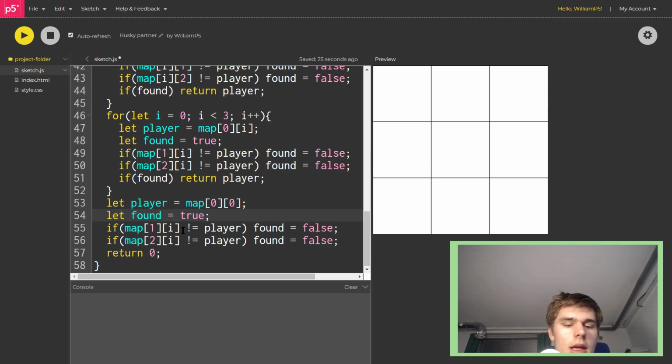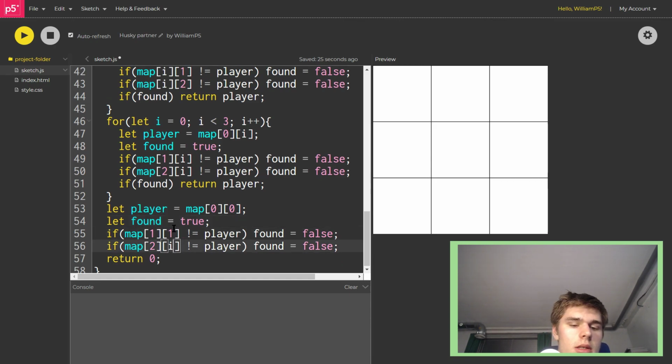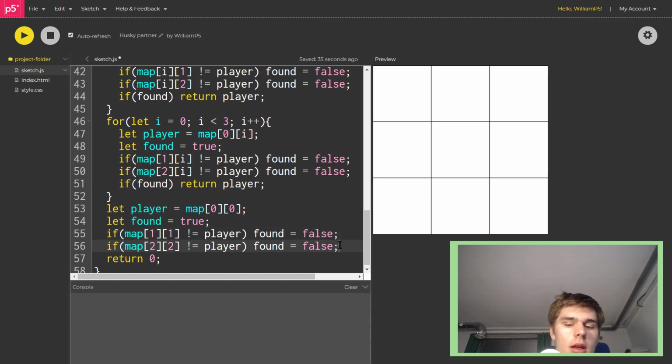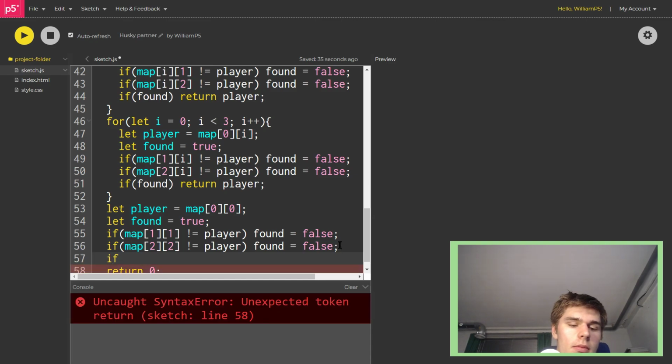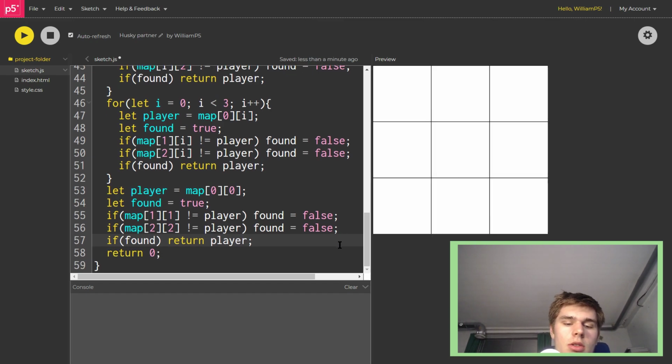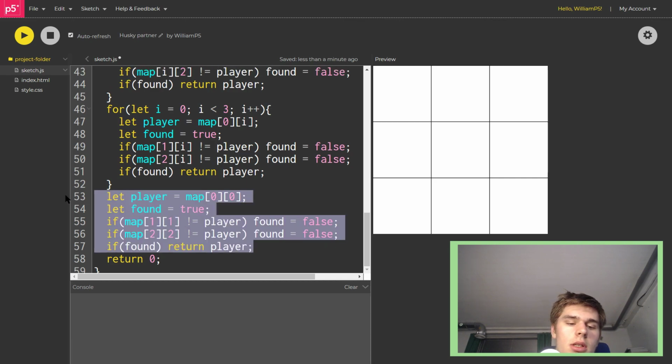So then we need to check these as well. If they do not equal player, then found is false, and again, if found, then return player. And so now it should be able to check this diagonal, and we'll just copy this piece